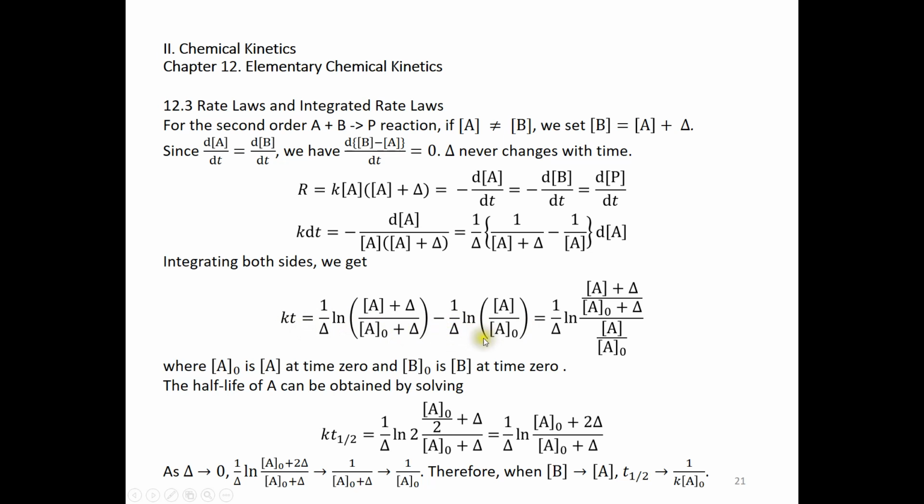We can verify this easily. When time is 0, the left side is 0. And when time is 0, A is A naught. The right side is 0. So that's good. Now we have